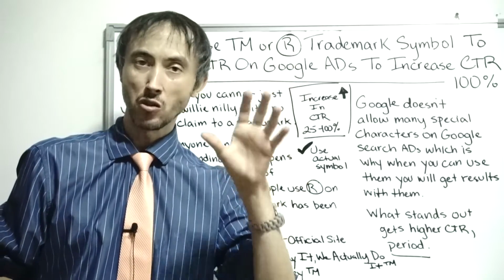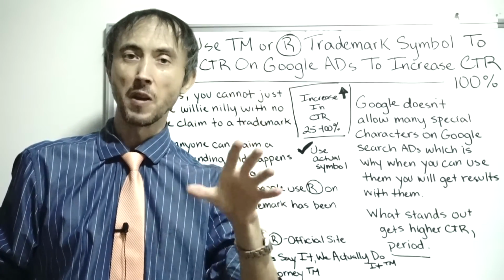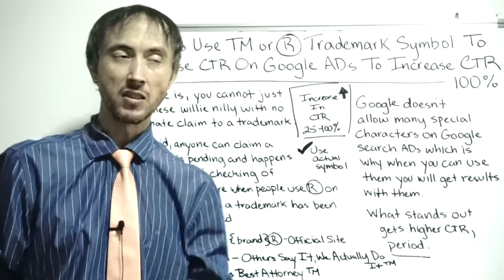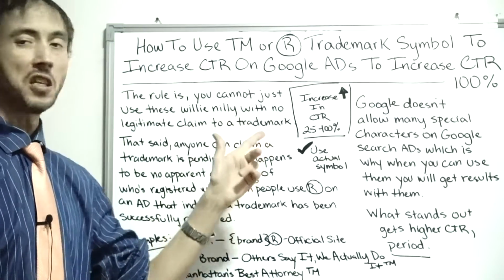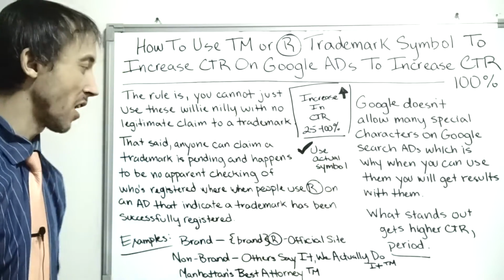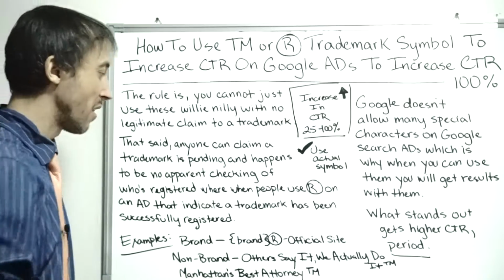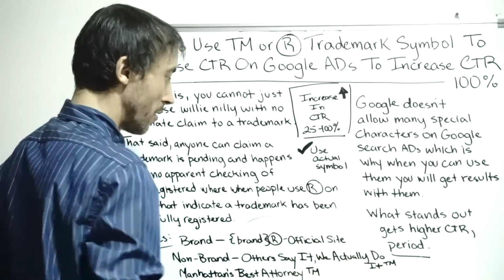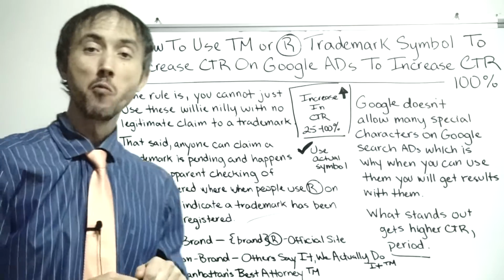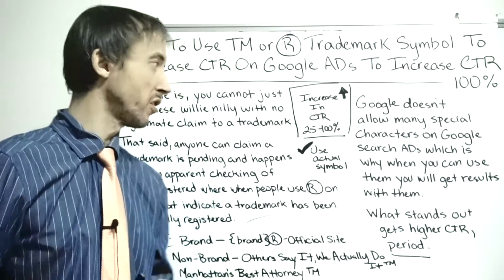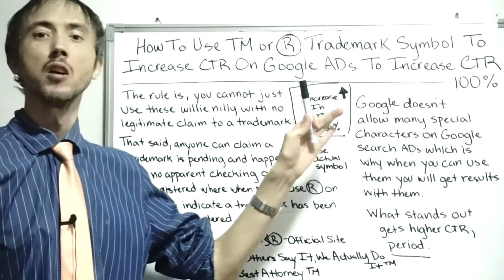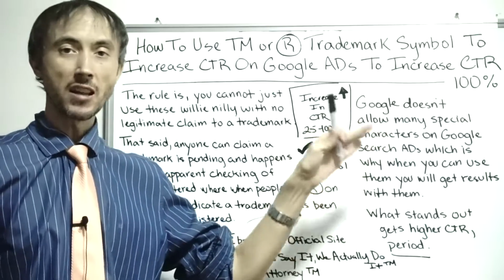But bottom line, you're going to get cheaper clicks, same quality clicks but for cheaper, and then more of them out of your potential market share that's available to you on Google on a monthly basis, just by using this TM or R symbol in your ad. And I'm going to tell you how to use it specifically in your ad, the way that we're using it here, repeatedly, to get this increase in click-through rate of 25% at least to more like 100% on your ads predictably,